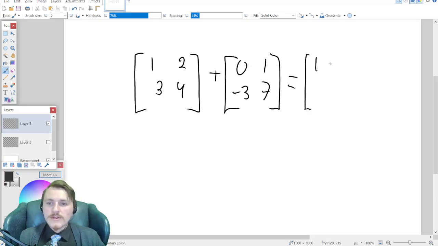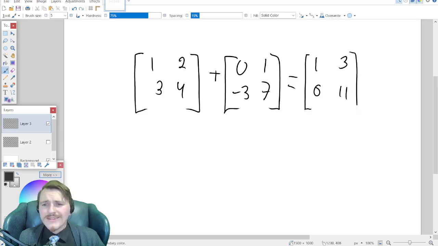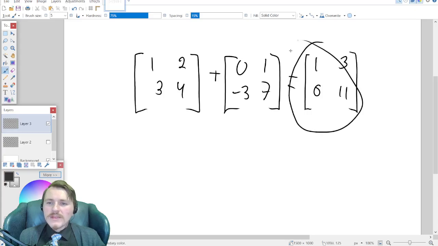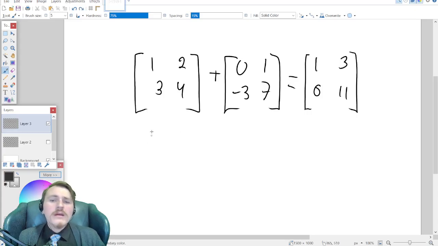1 plus 0 is 1. 2 plus 1 is 3. 3 plus -3 is 0. 4 plus 7 is 13. My math is wrong on that last one. It's not 13. Math's hard. It's 11. This is what we're left with. That's the sum. Because of that, we encounter issues if we're trying to, let's say we want to add some